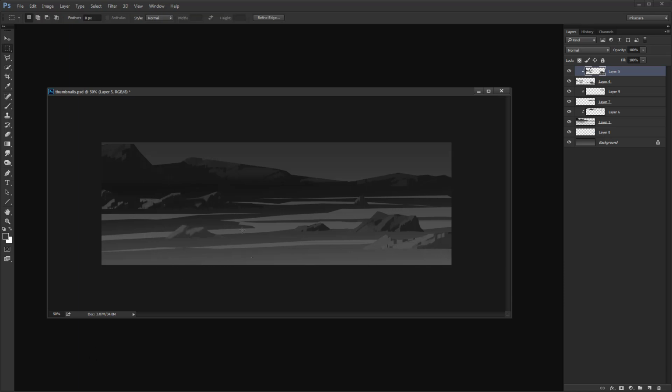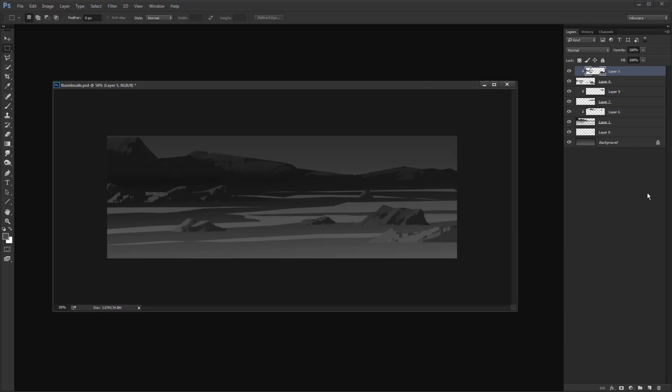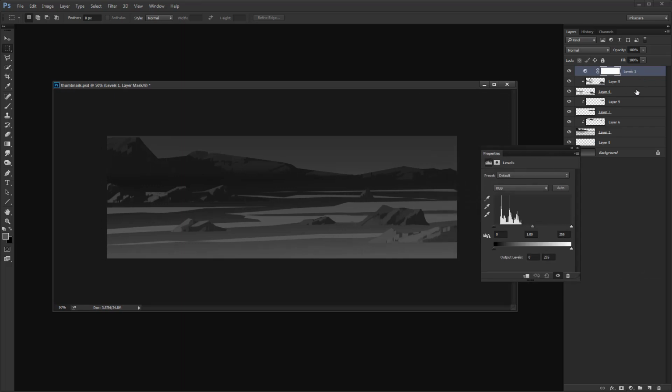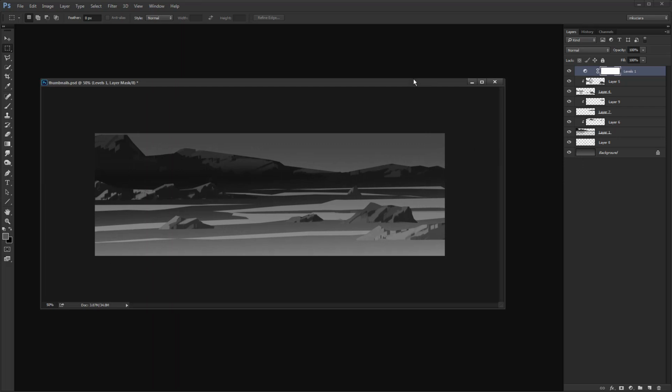All right. I think this is good enough, and maybe just for sake of readability, I will create an adjustment layer and increase the contrast so you can see a little bit more what's going on. And now I'll talk